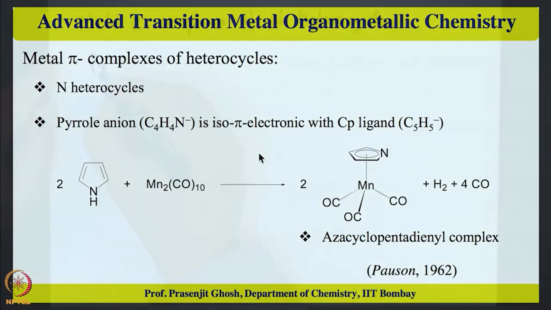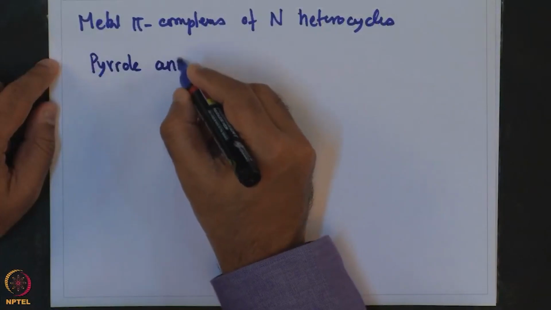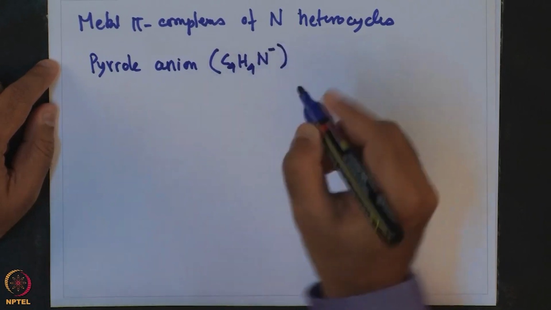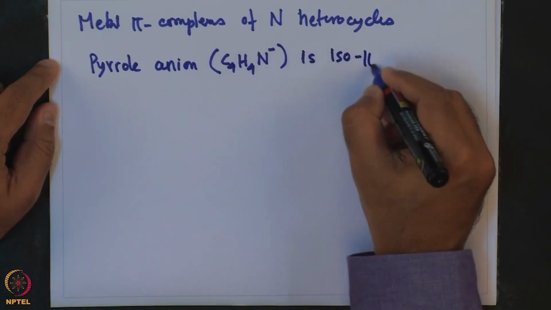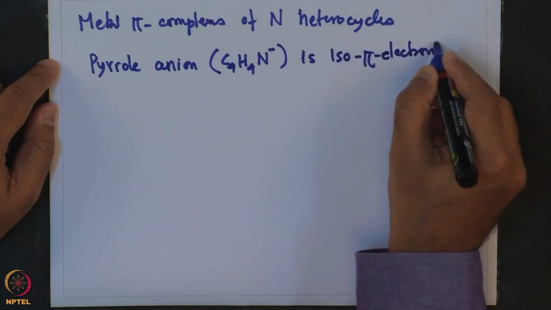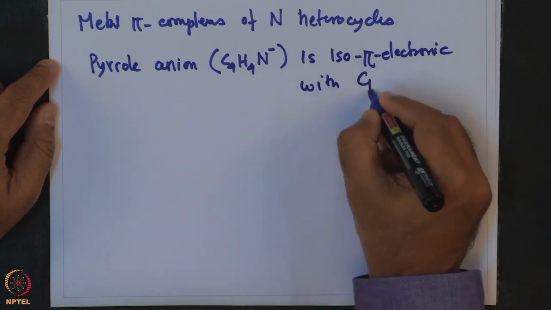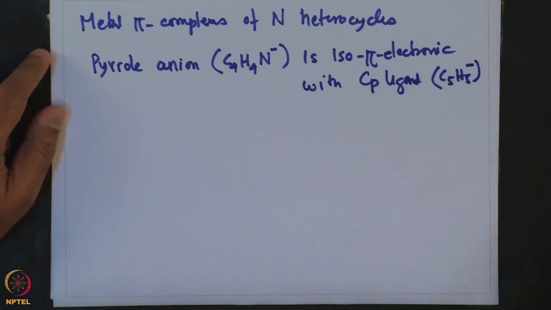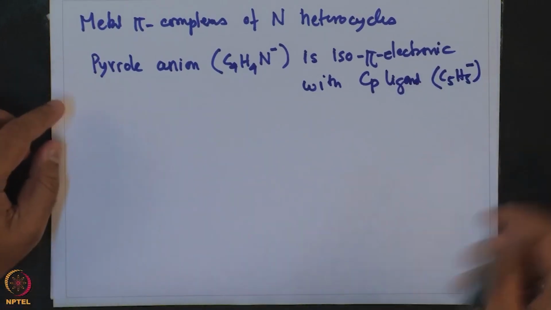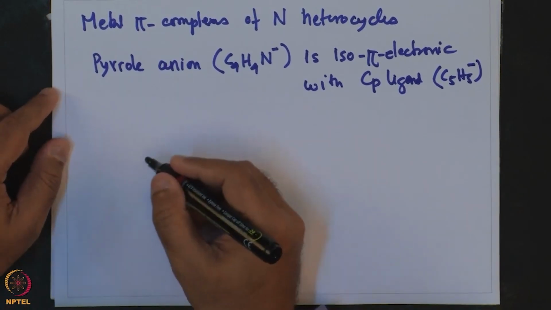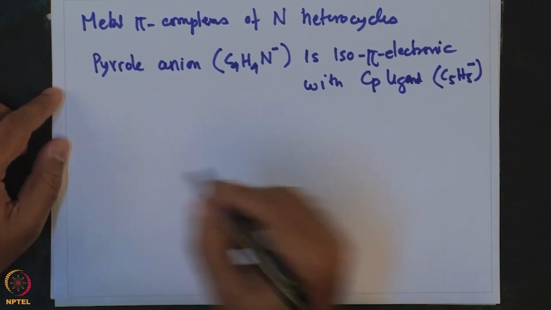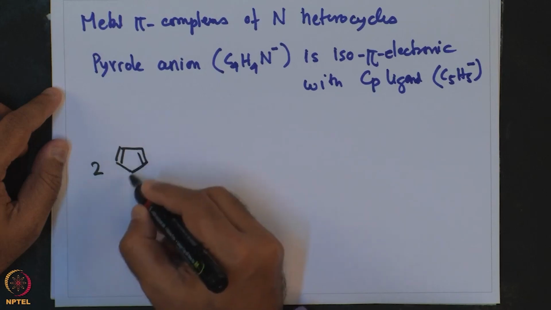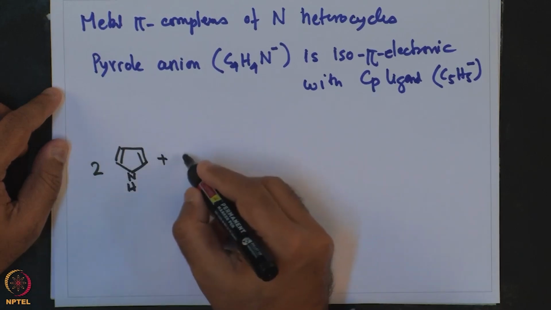To remember, okay, and this is given in this by this reaction, where a manganese half sandwich complex has been prepared by direct reaction of pyrrole with Mn2CO10,